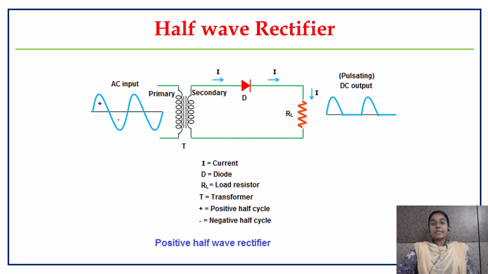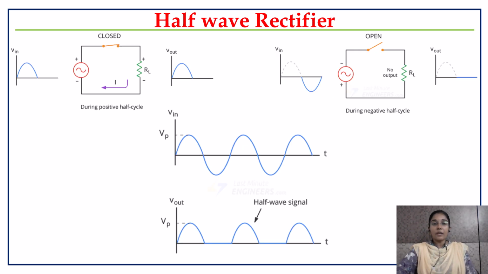Okay. So now we'll see how this circuit actually acts when it is forward bias and reverse bias. What happens to the diode? Why do I not have any current flow in the device whenever a negative cycle is being given as input to this diode? Okay. So in this diagram, for the first cycle, my positive cycle is given as input. As you all know, the diode acts as a switch. So whenever I give an input signal which is in the positive cycle, the diode acts like forward bias. So it means that the circuit is closed and it acts as a closed switch. So whatever signal that I am giving as input, it will reach my load resistor